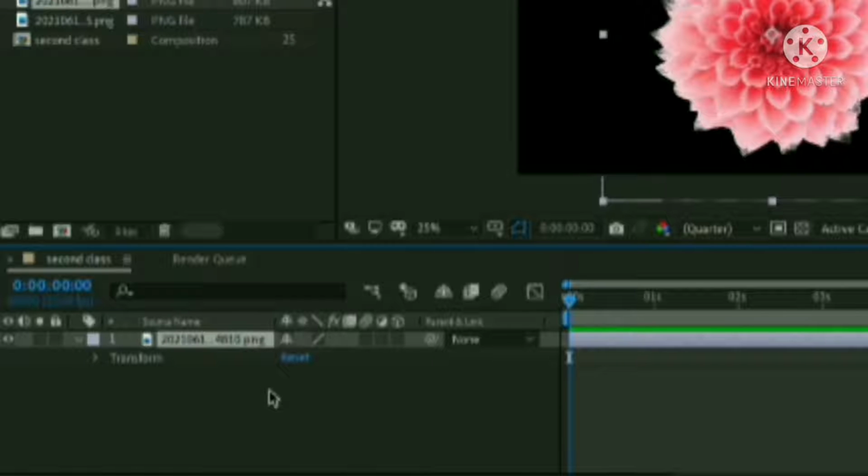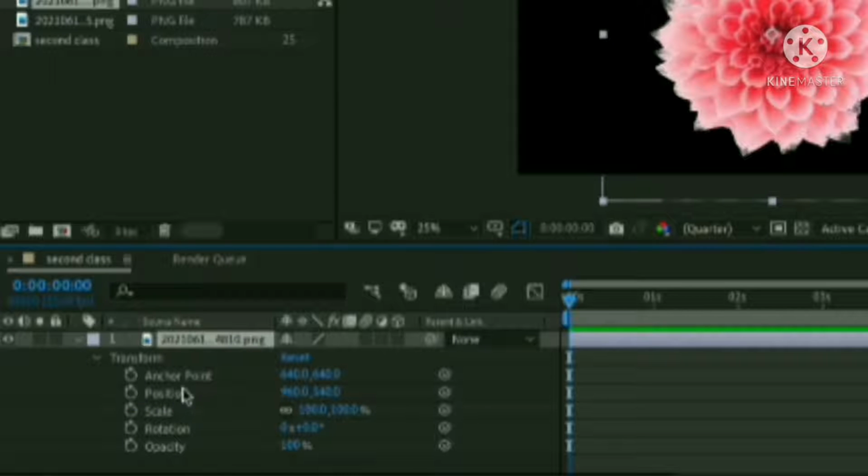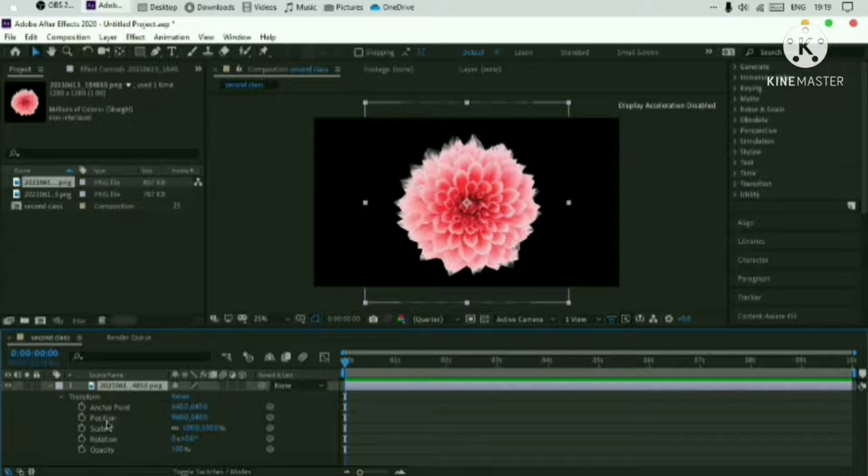You can see that this property is of that layer itself. So when you click on this arrow beside that transform property, you get a lot of properties, like there are 5 properties, I think, yes, and here is the anchor point, here is the position, here is the scale, here is the rotation, and here is the opacity. Now what are these? Anchor point is basically the center of your layer. For example, this flower has a center at this point. This is the anchor point. We will not learn about the anchor point in this video. It will be kept aside.